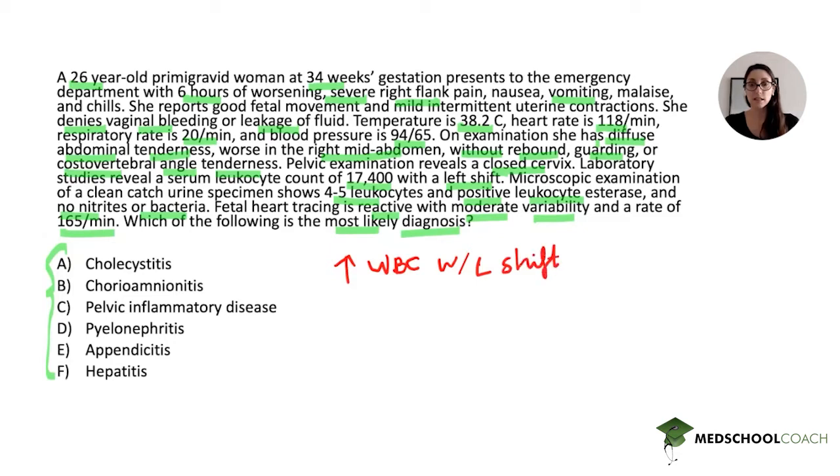And then the next thing to interpret is the UA findings. This UA has a small number of leukocytes and positive leukocyte esterase, but no nitrites or bacteria. Remember that leukocyte esterase could be positive anytime there are white blood cells in the urine. It's just a marker that there are white blood cells in the urine. So it's not specific to a urinary tract infection, it's just there whenever there are white cells in the